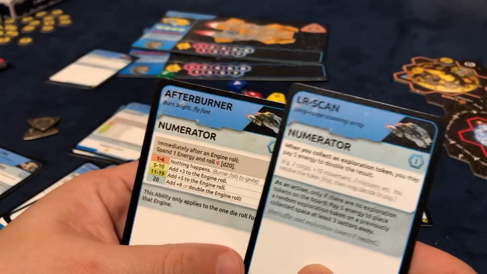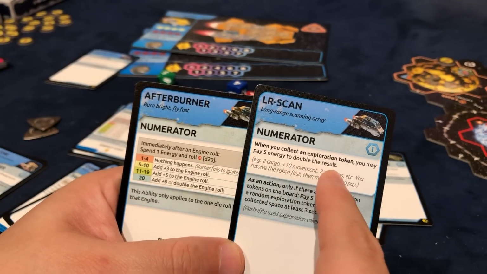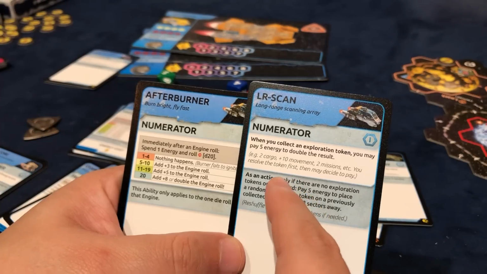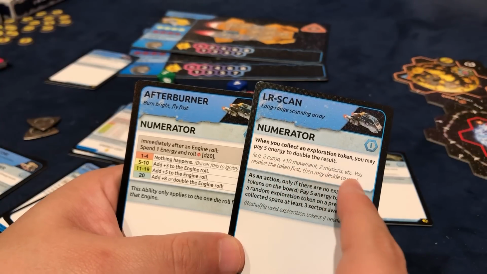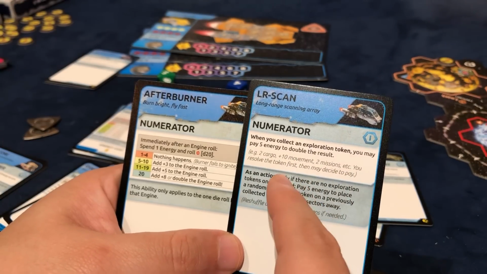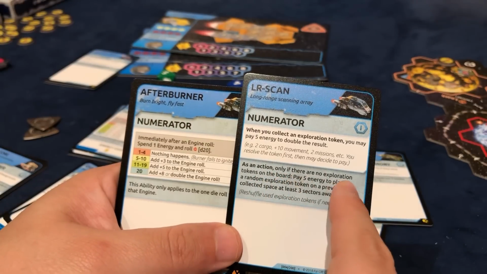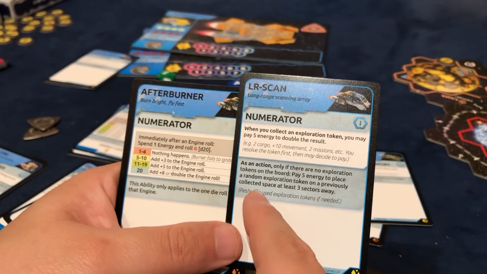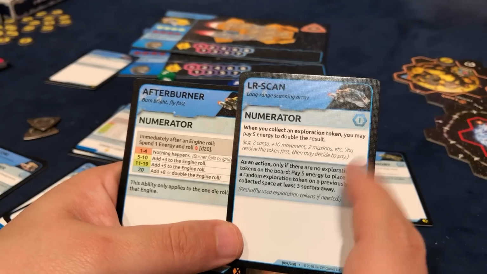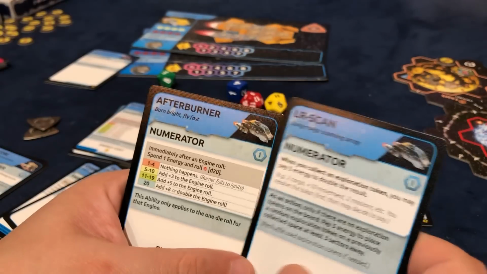And then Numerator. When you collect an exploration token, you may pay 5 energy to double the result. So, for example, you get 2 cargo, +10 movement, 2 missions, etc. You resolve the token first and then decide to pay. And as an action, if there are no exploration tokens on the board, you can pay 5 energy to place one on a previously collected space. So this is perfect for that one where you have to collect so many